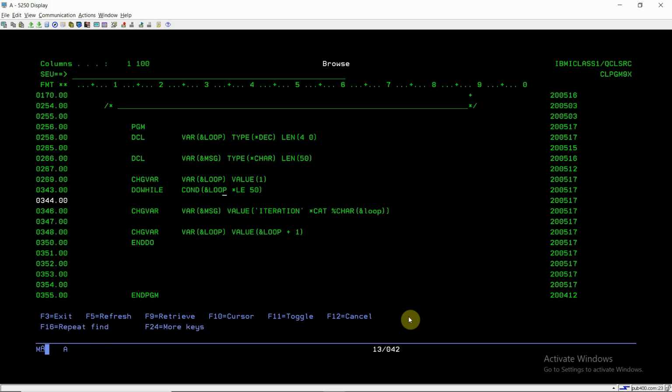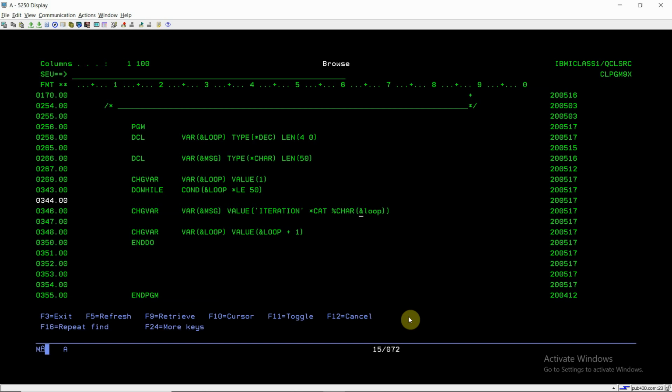Till the time the loop value is less than equal to 50, the statements inside do while and enddo would get executed again and again. Inside that, we are evaluating the message variable with iteration and then concatenating the loop value.